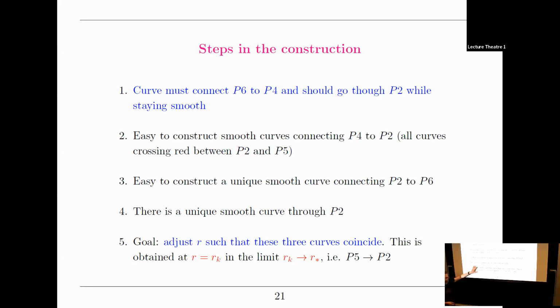Okay, so maybe let me say one word on how you do it. What you will do is produce an interval. Let's say I'm going to produce an interval from R_k minus to R_k plus, where R_k minus and R_k plus both converge to this limiting value R star as k goes to infinity. And you want to produce your special value R_k in this interval. So what is special about this interval? What you can prove is that, and of course you have infinitely many of them because you have as many as k, if you are within this interval, what's happening is that